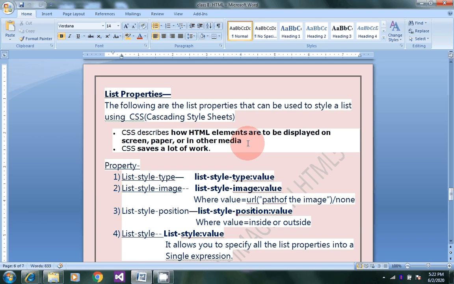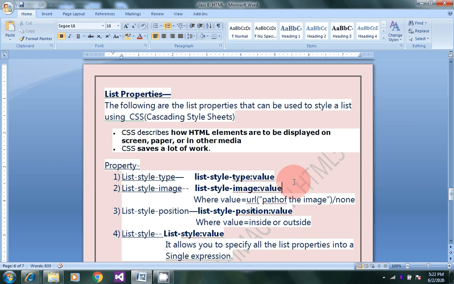The first property is list-style-type. The syntax is list-style-type and value. This property gives the value of the ordered list, that is 1 2 3, or 0 1 2 3, or Roman numerals, or alphabetic markers.